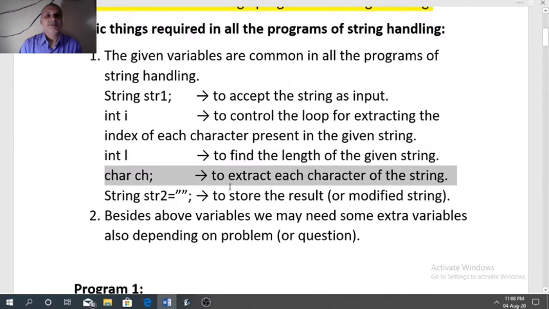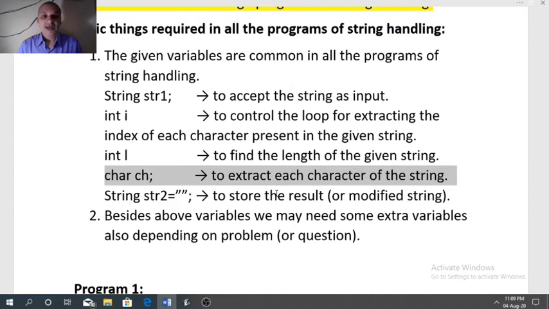A character type variable ch is required that will store or extract each character present in the given string. Because in the programs of string handling we need to find each character of the string and the logic is applied on each character.